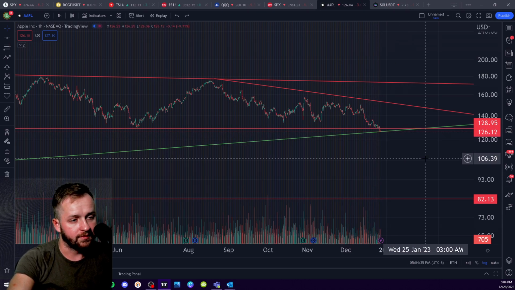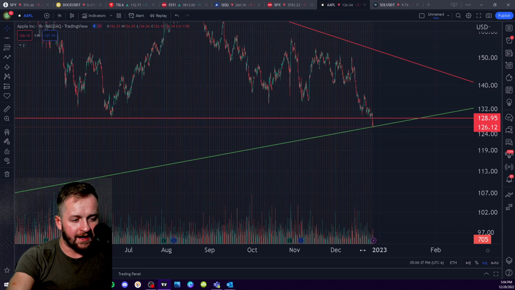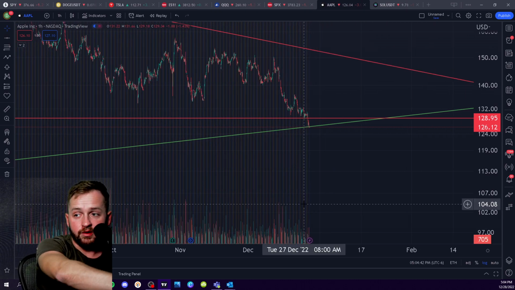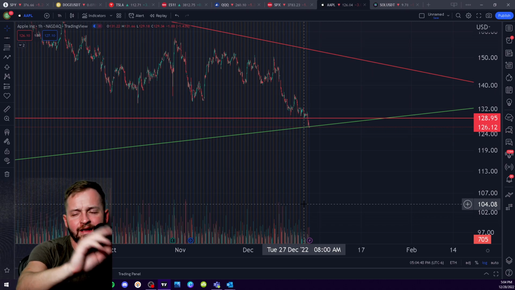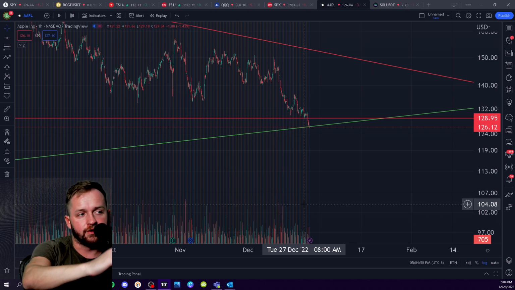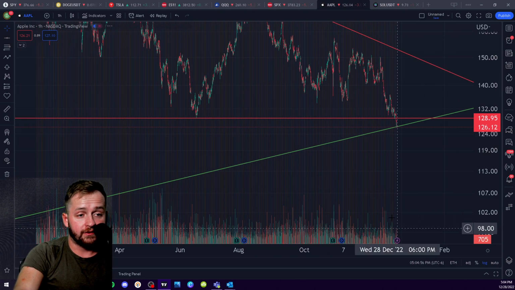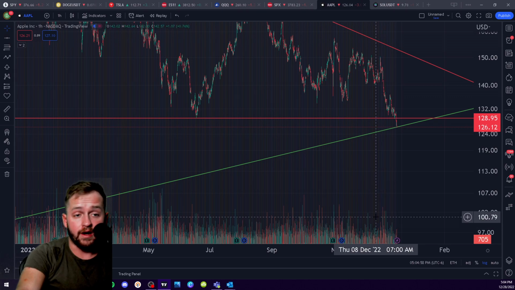Let me put that trend line back up. I'm not going to sit here and try to figure out whether or not we're actually below this uptrend or not. This is the macro one, remember, from 2003. Because the time frame changes the angle of the trend, you get after hours and pre-market hours added into it. So it does get a little dicey, whatever. But what I'm saying is we are clearly at a very critical moment here.